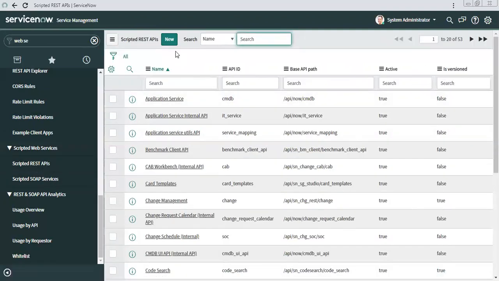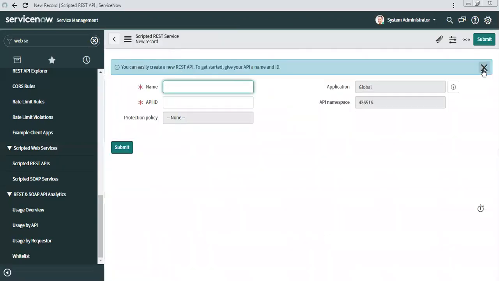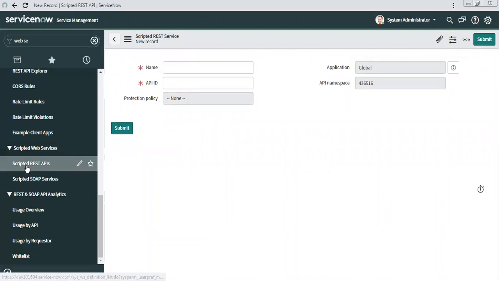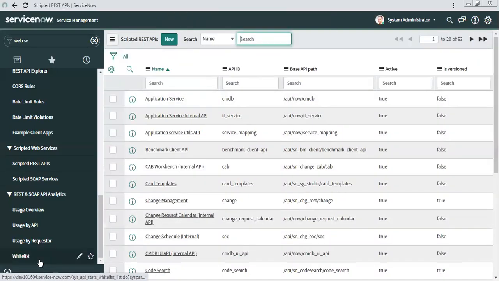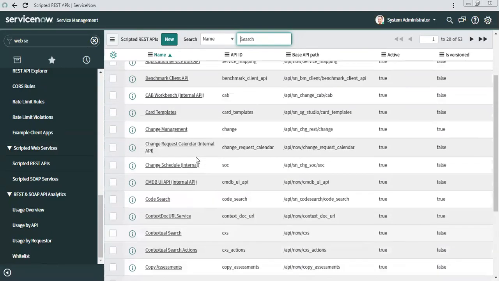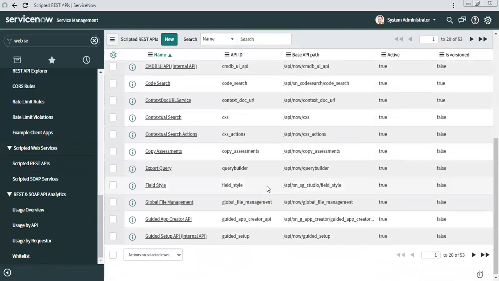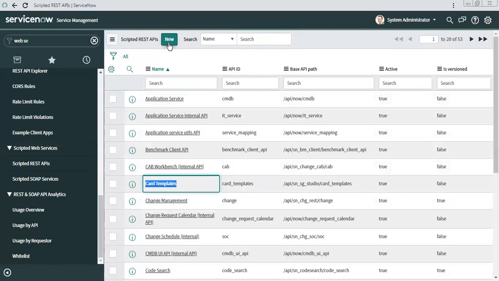So we will use REST here. Concept-wise, most of the things are the same, and as we use REST most of the time, we will cover the REST part. These are out of the box scripted APIs already available. They are basically for different purposes. Some of them are part of plugins or something like that, and if you find them useful, you can utilize them.